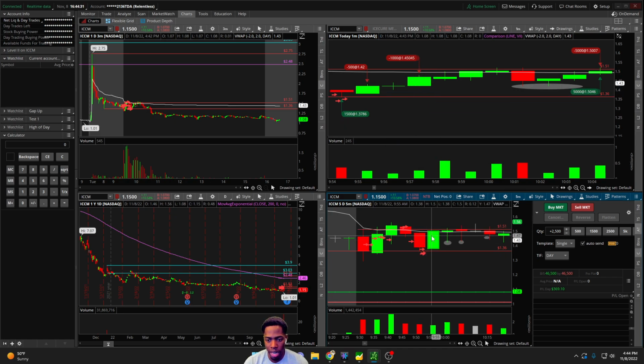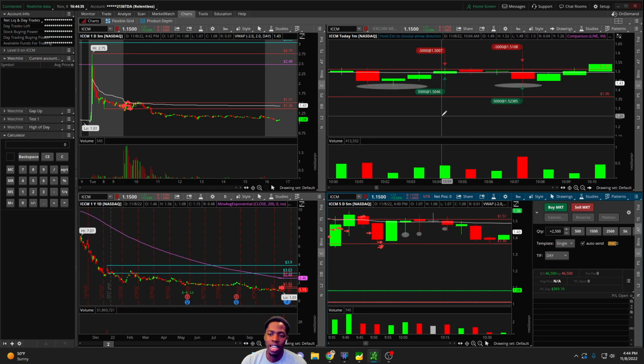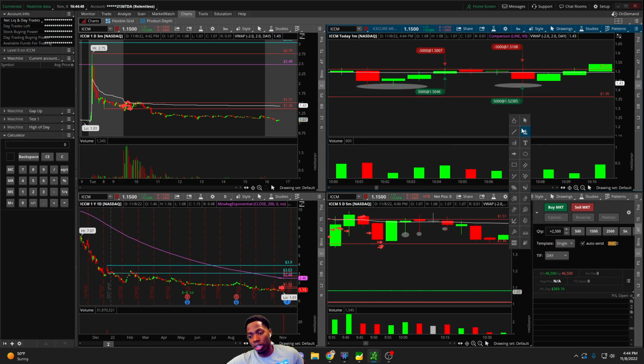Right here, we curled back up, and I realized, okay, this thing is actually resetting. I noticed that early, and so I thought the breakout was going to happen over the highs. It didn't break out, but what it did instead was hold the pullbacks, and I didn't trust it. I didn't take those trades. I could have taken these trades right